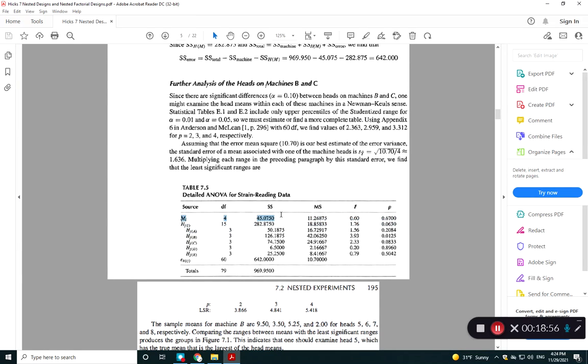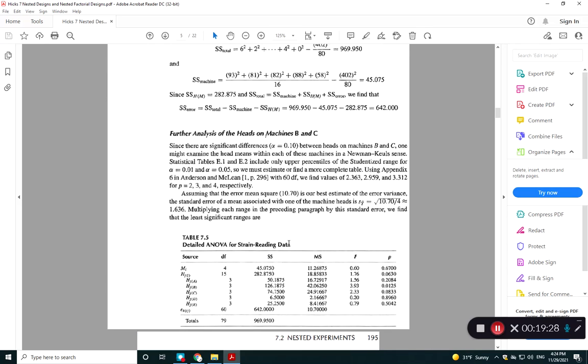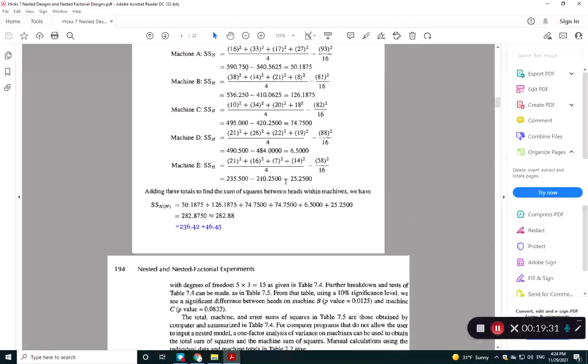Machine effect, leave it alone. Head effect, okay, is bigger than before. Why? Because the head effect can be partitioned into this, head in A machine, head in B machine, head in C machine, head in every one of the machines. So this 282 is the sum of all these 5 terms. But these 5 terms really, okay,